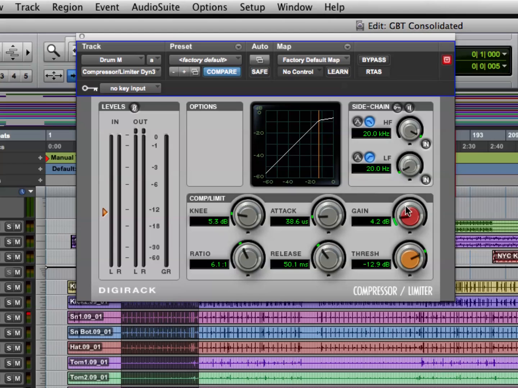But I do want to point out a few things. These filters over here in the side chain will allow us to filter out certain things that are being manipulated. And if we want to not have the low frequency manipulate the compressor, we can hit N and we can filter past the low frequency position. Notice you don't see the kick representing as much information gain reduction. If I take it back out,